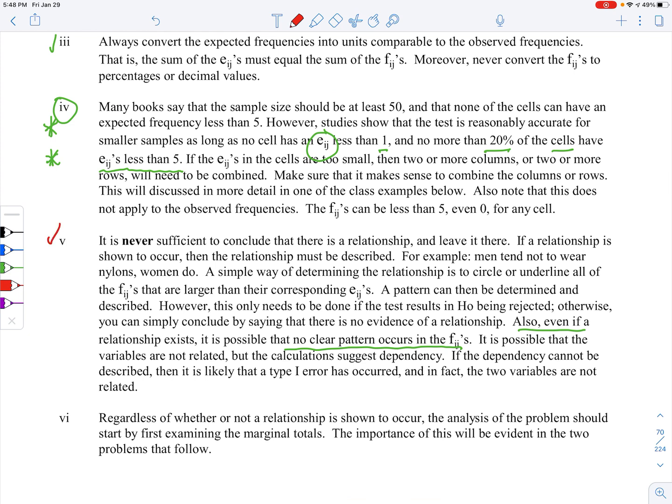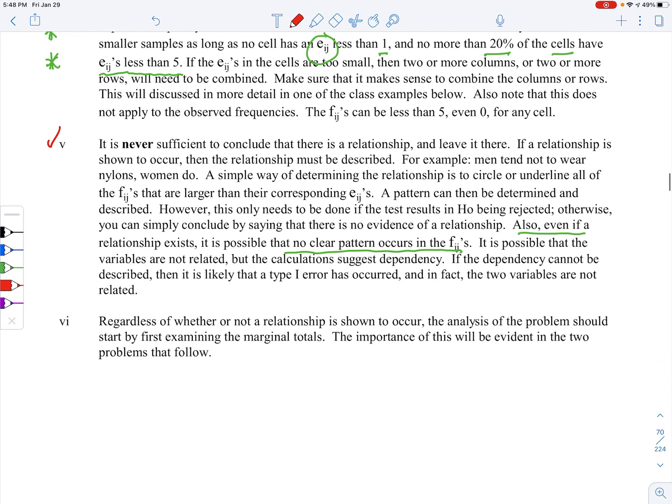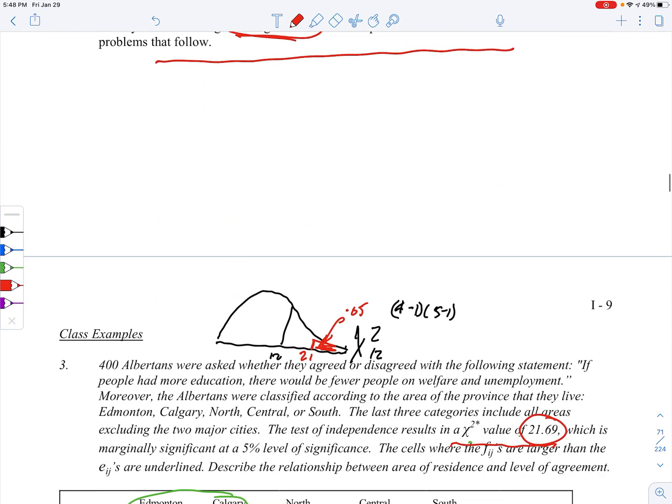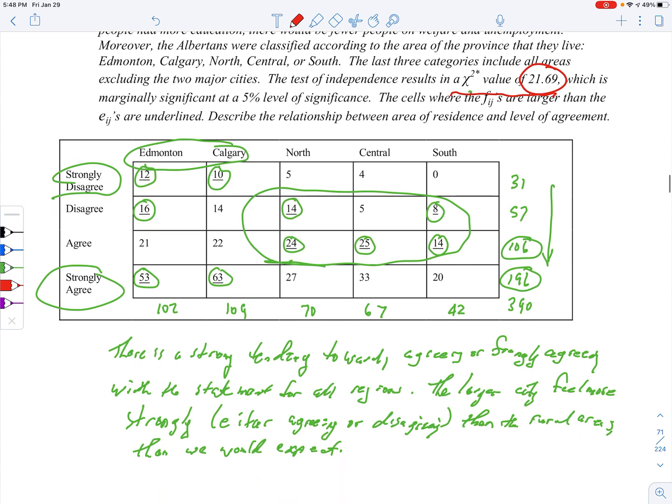And we've just taken a look at number 5. It's never sufficient just to conclude that there's a relationship. What you want to do is to describe it. So you look for a pattern, and we just described it. And then the last thing down here, which we've really covered, but regardless of whether or not there's a relationship shown to occur here, the problem should always start by examining the marginal totals. So in this particular case, we've already talked about this, and we've said here